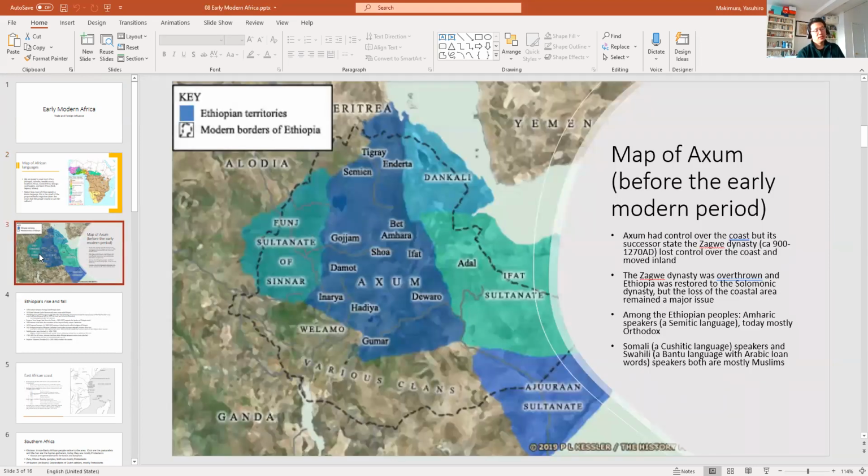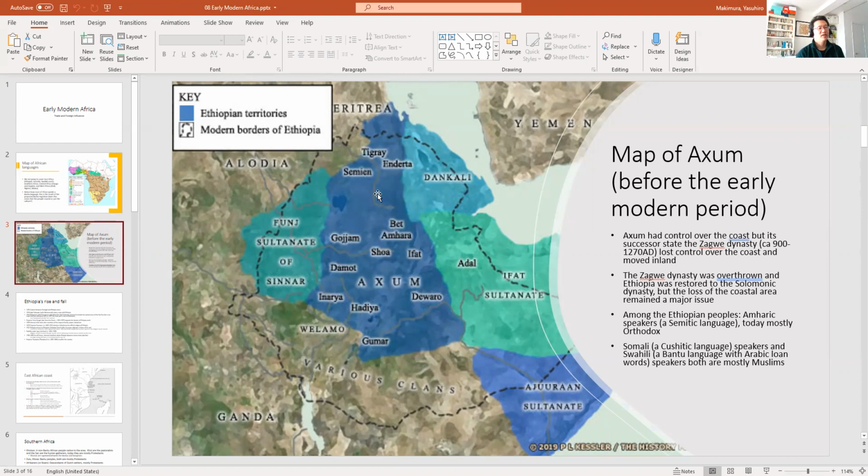So East Africa. In East Africa, you have the Kingdom of Ethiopia. Ethiopia in the ancient past was called Aksum. And Aksum, in this dark blue, the color here, had a port that it controlled and it could connect to the Red Sea, and it was actually very prosperous for this reason. But sometime in the Middle Ages, although it's kind of hard to call it the Middle Ages, but sometime around 900 AD, the Zagwe dynasty emerged to overthrow the kingdom of Aksum,